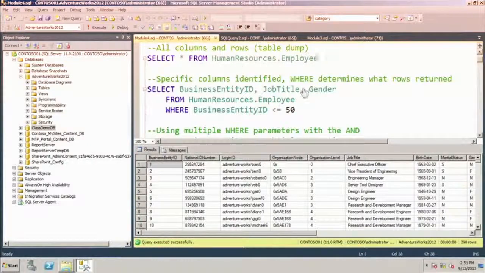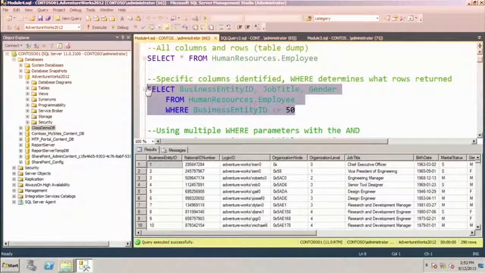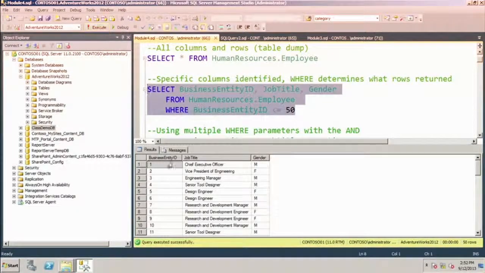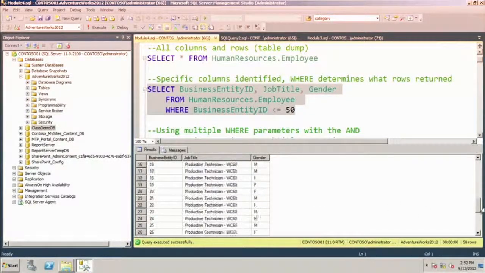So then we went from the table dump to say, now let's decide what columns we want and how we're going to throw a where clause in there. So we're going to execute that one now. So now we're going to see business entity ID of 50 or less in 3 columns instead of all of these columns. Here's our business entity ID, here's our job title, and here's our gender. Now if we scroll down, we should see business entity ID 1 through 50. And I just hit bottom, and you'll see over here,